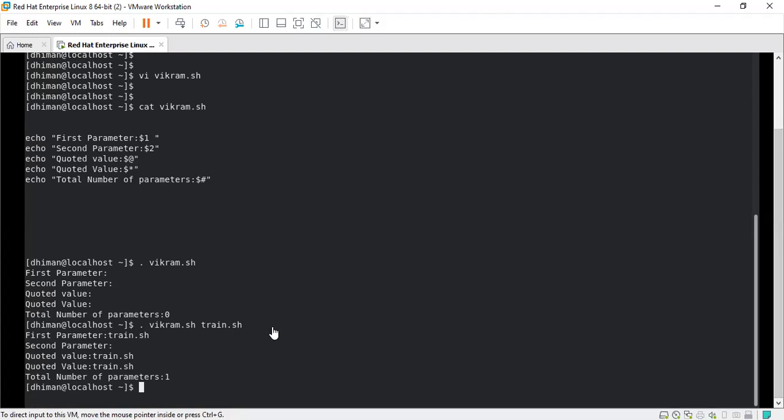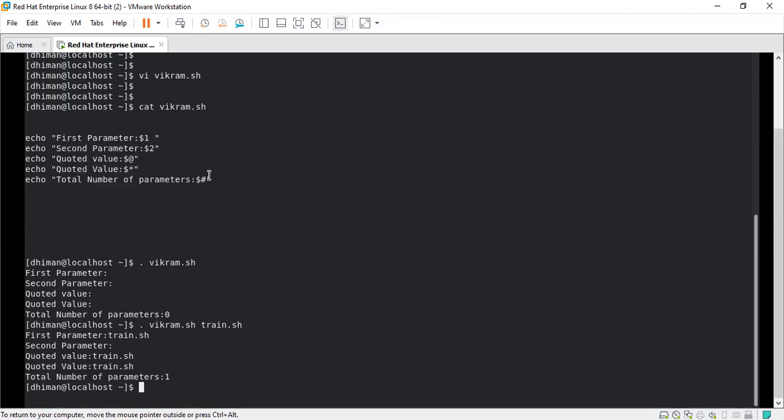Right. So now you can see this is the first script that we have created, in which we have done the programming, that switch statement, right? And some of the variables, we have taken a read variable a over there. One parameter is taken over there, right? Now you can see it is talking about the script which I have written over here, that is echo first parameter, then second parameter, third, all these things.